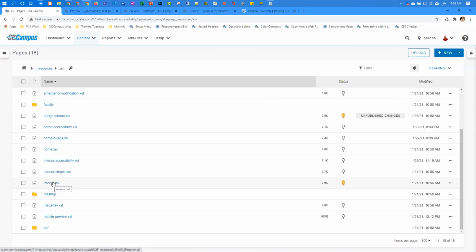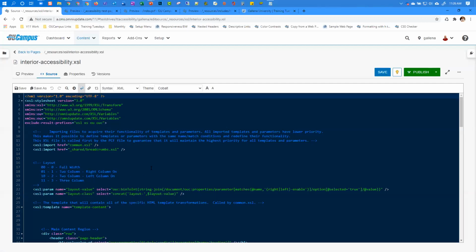So I'm going to use my interior XSL, and I've already made a copy of it and renamed it interior accessibility. So if I click on this file, basically what I am going to do is add in a line of code to tell it to go and get and use that new CSS